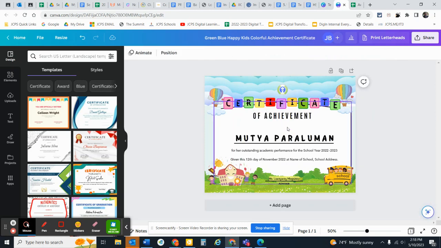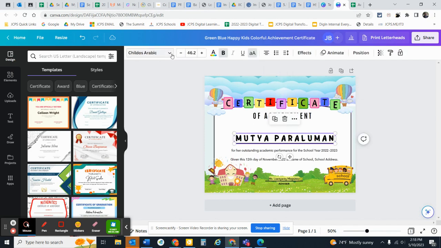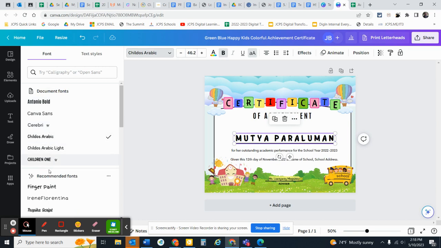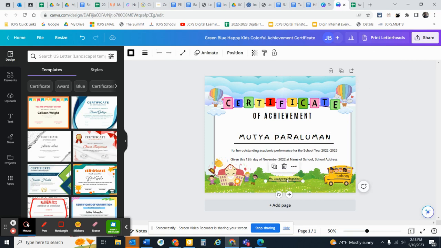So I might take this out. I don't love this here, so I'm going to take this off. I'm going to delete these things. I don't like the font, so I'm going to change the font. Okay, I'm going to change the size. And then I'm going to take this off because I don't like this. And then I don't want to sign all my certificates. So I'm going to click here and I'm going to delete this